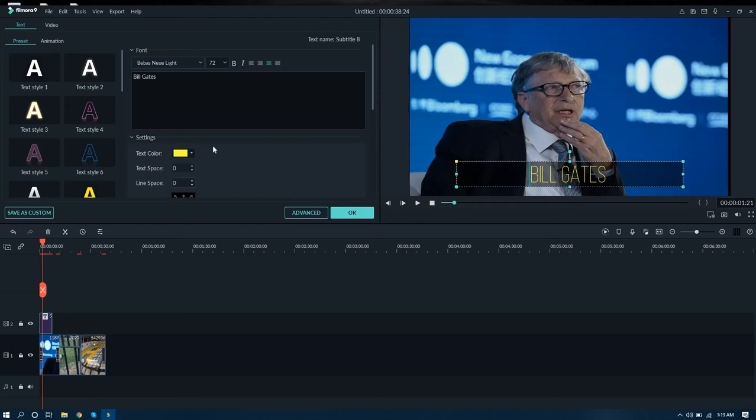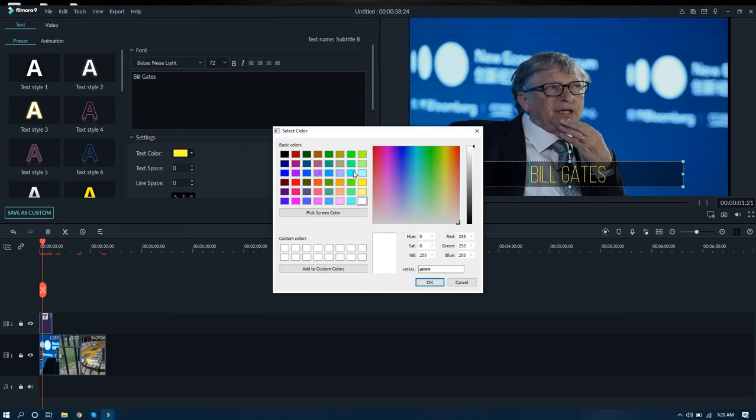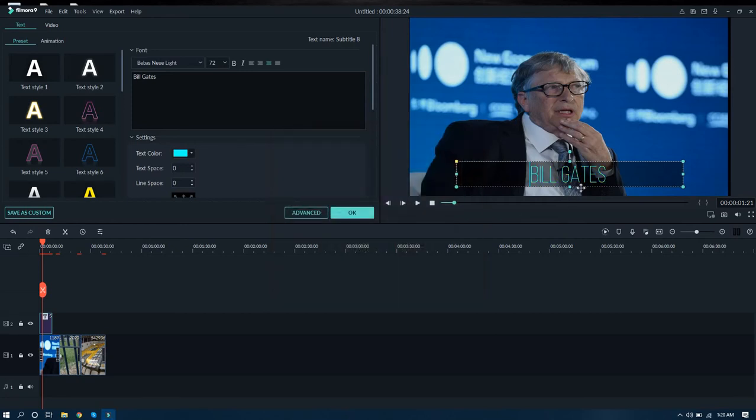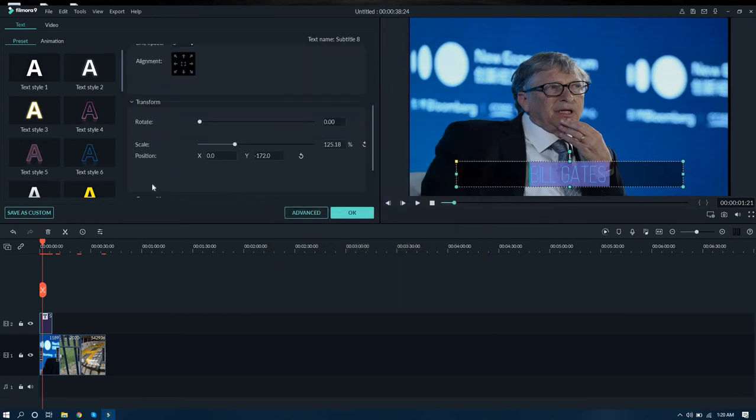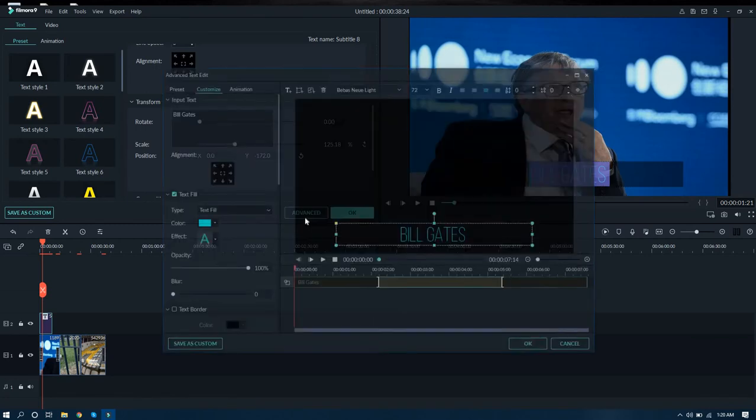And also if you want to change the style of the titles, you can change it from here. And also we can change the color of the text here. You can click here, and if you want to change the color of the text, you can do it. And there are also different other advanced options here.